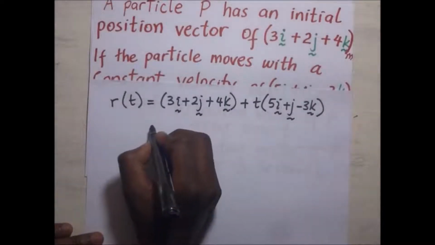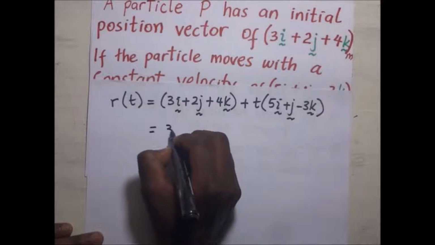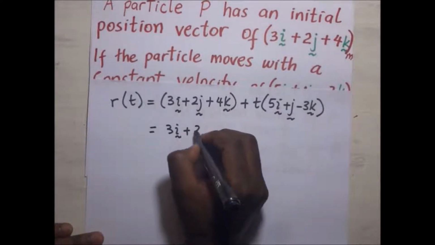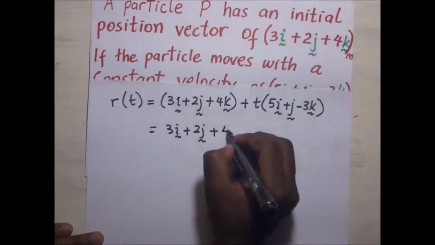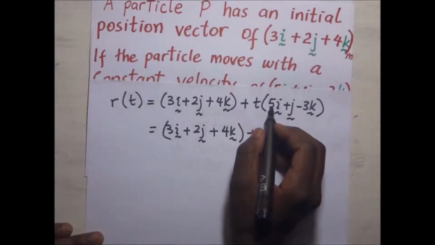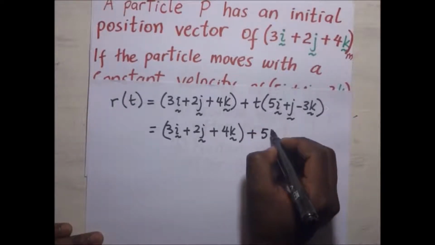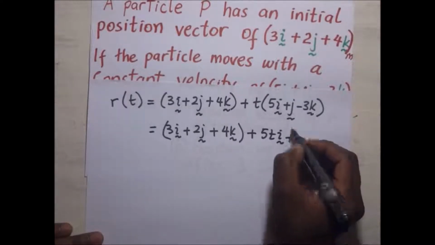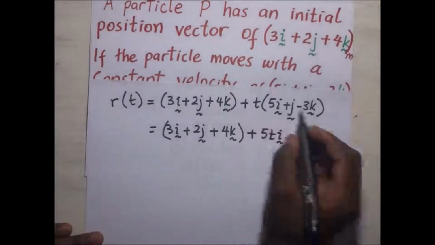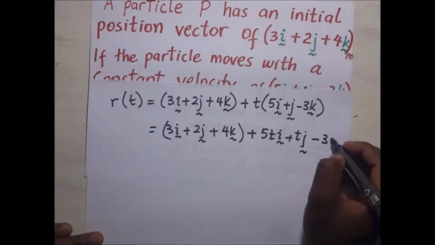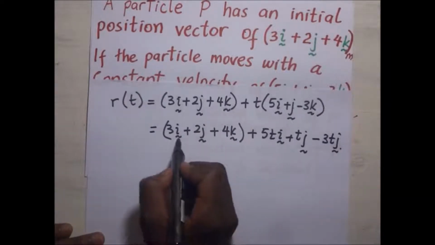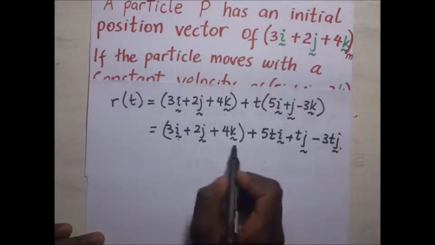Now of course this continues. This becomes 3i plus 2j plus 4k plus, now of course we open brackets here, this is t times 5, which is 5ti, plus t times j is tj, minus 3 times t, it is minus 3tk. Of course now we are going to group the i's alone, the j's alone, and then the k's alone,